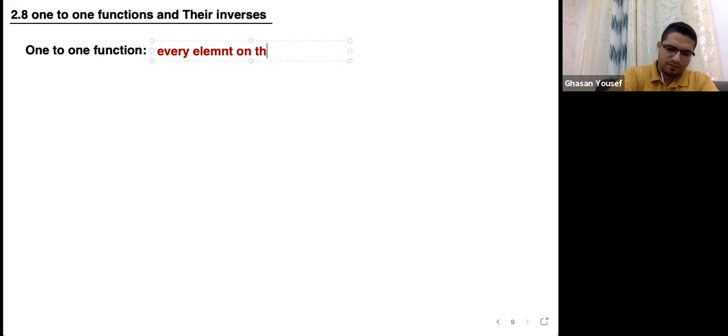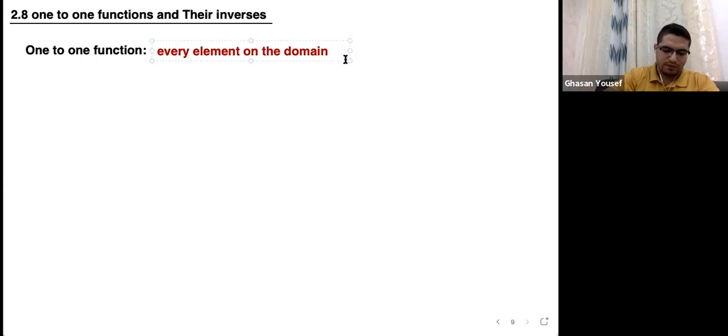on the domain. So, what is the meaning of domain? Let me review it. The domain is the set of possible inputs of the function. Before, I said the function is like a machine, right? So the possible input of the function is called the domain. It is an element I can plug into the function and it gives me a defined output without any issue or problem. So every element